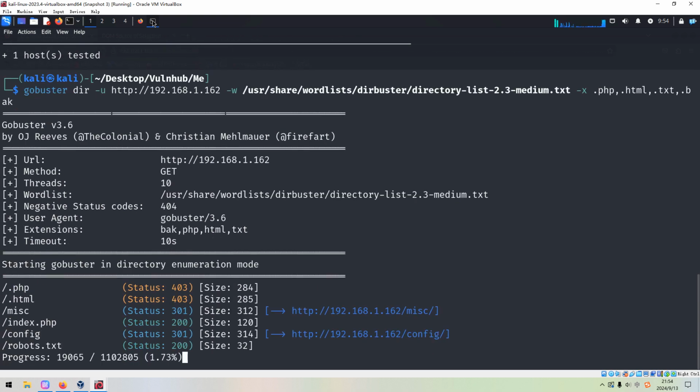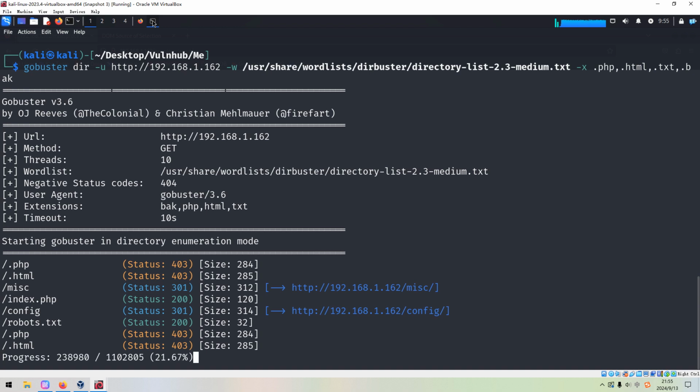As I mentioned over and over, following some sort of methodology is key to the success of penetration testing. This is the way I do the machines, okay? But I don't think we can find anything else from Gobuster. To save time in this video, I'd like to stop here.